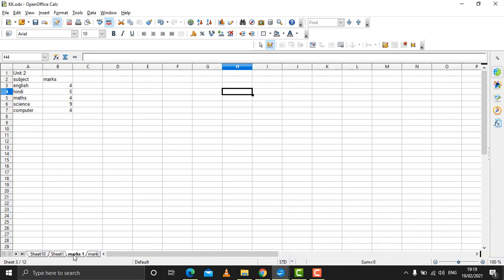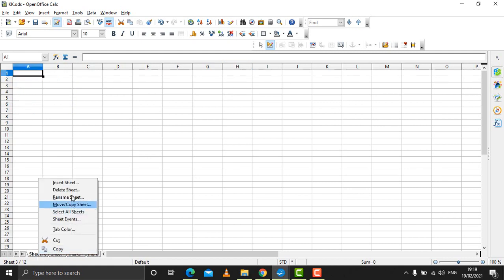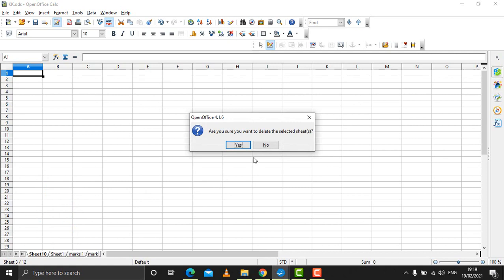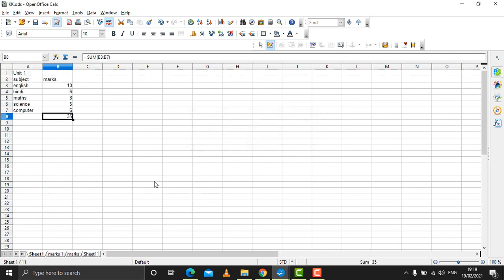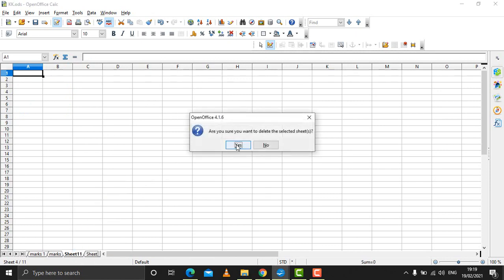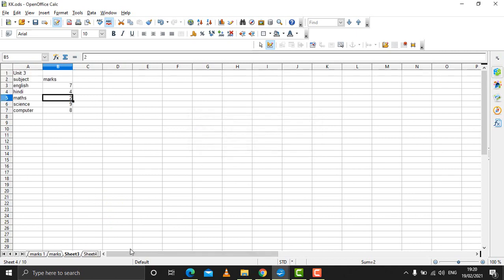So as you can insert worksheets, you can delete worksheets also. The process is quite simple. Whichever worksheet you want to delete, you right click on that sheet and click on delete sheet. It will ask for confirmation. You say yes. So that sheet is deleted. Click on whichever sheet you want, right click on delete sheet, the dialog box asks to confirm it, and that sheet is deleted. So it is quite a simple method to delete. So we can insert sheets, we can delete sheets, we can change the name of worksheets according to our working style.